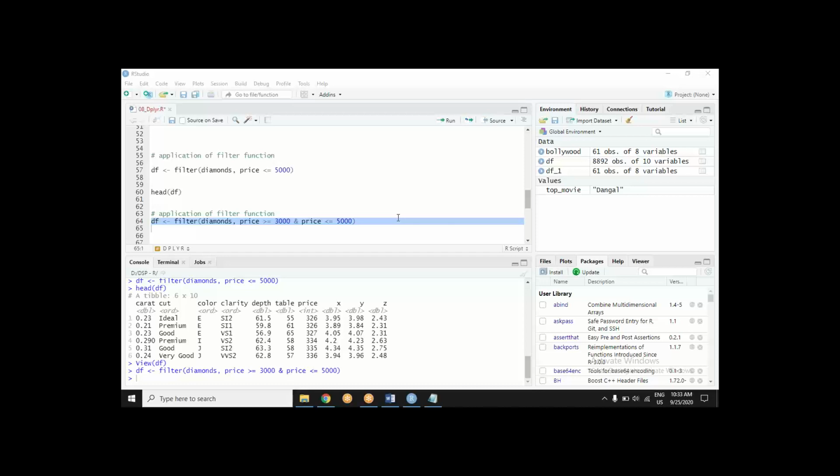Just assume I'm in your jewelry shop and I'm the customer and I'm making certain demands. I want to see only those diamonds where cut quality is premium, or their price is more than 15,000.